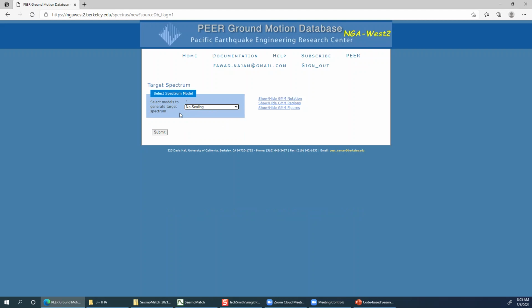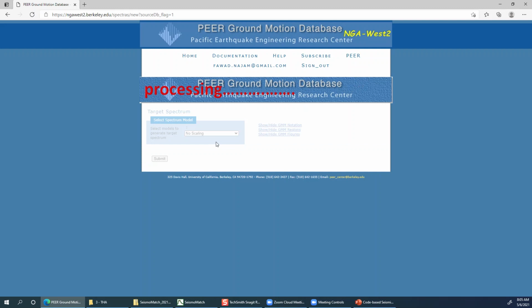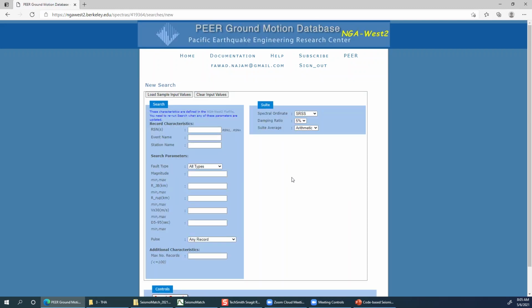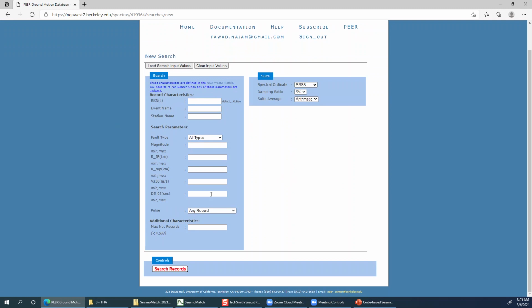I want to download as-recorded ground motions, and I click submit. Now this should take me to the form. This is the main selection form, or selection criteria, which you have to provide, and then the database is filtered. It will filter out all those ground motions which match this criteria.